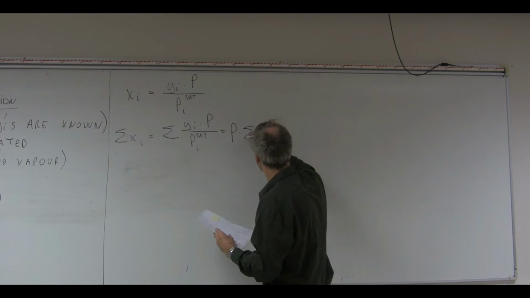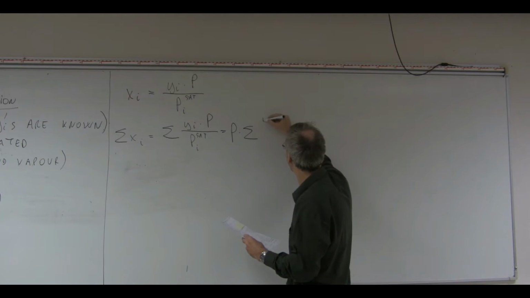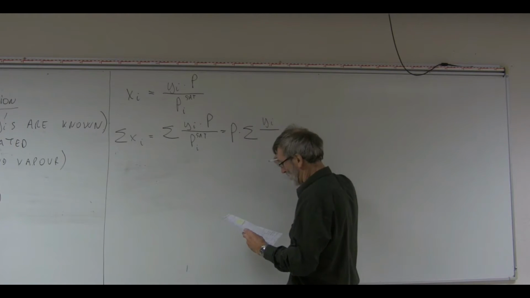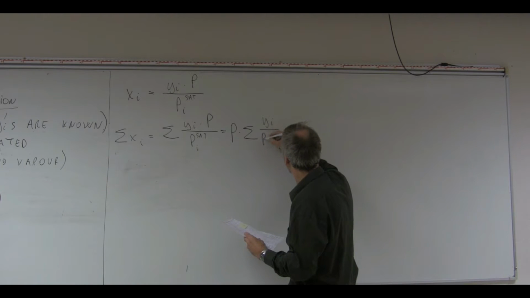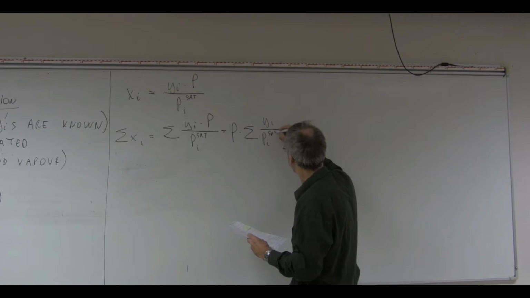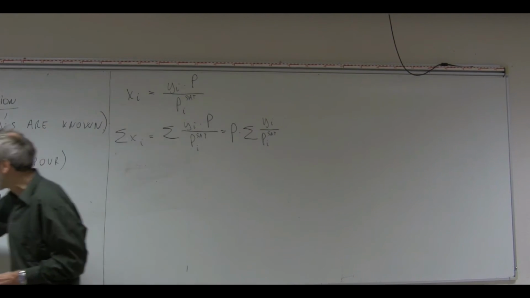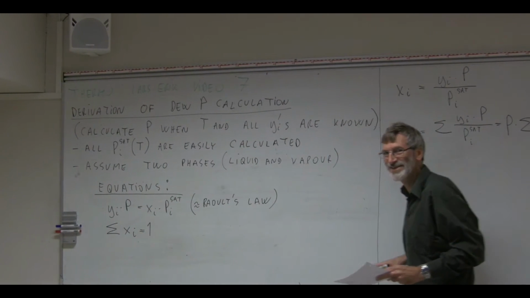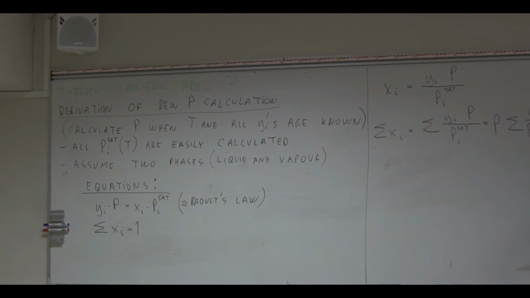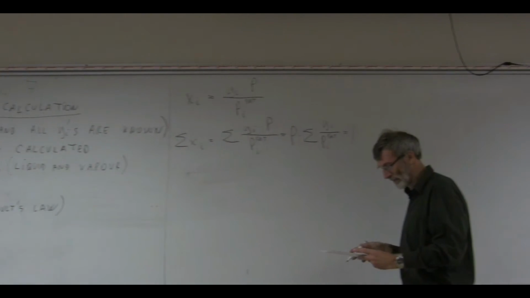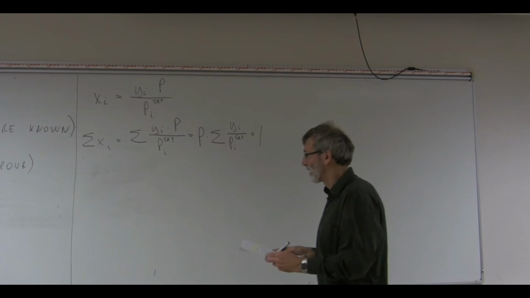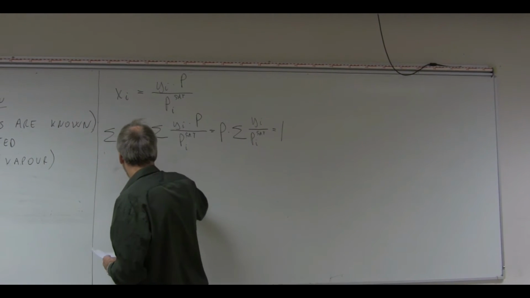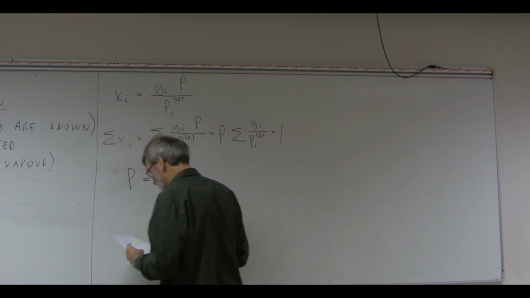P times the sum of y_i divided by P_i^sat. And one of the equations was that the sum of mole fractions should be 1. And then we end up with the equation